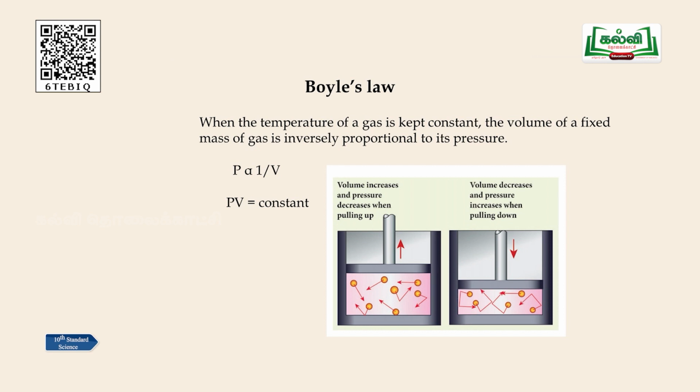When we remove the proportional symbol, I can add a constant on the other side, and since 1 by V is in the denominator, bring it to the other side. So you can write PV is equal to constant. To demonstrate this law, you just take a cycle pump and pump the cycle tire with the gas. When you tie the nozzle of your cycle tube to the cycle pump and press, you can feel the pressure. When the piston goes inside, you can see how air gets compressed.